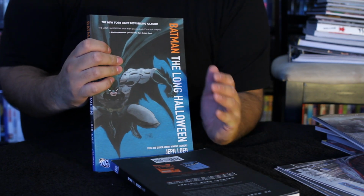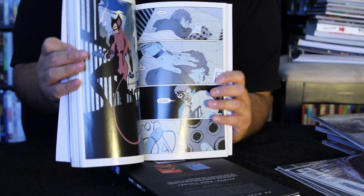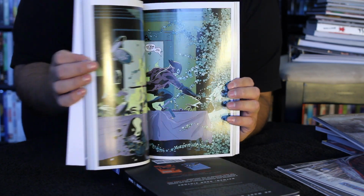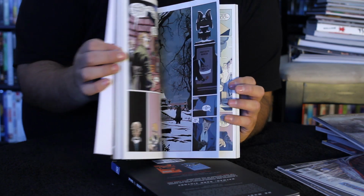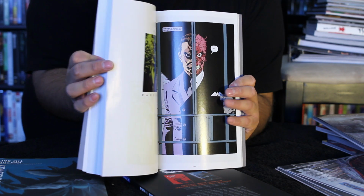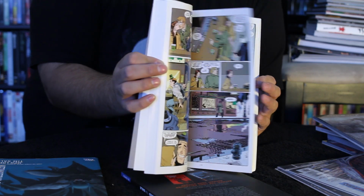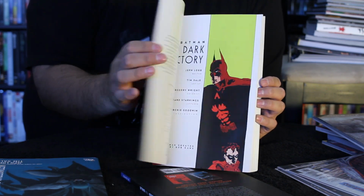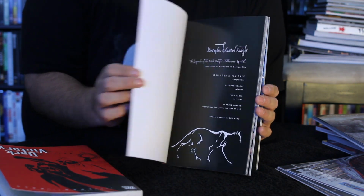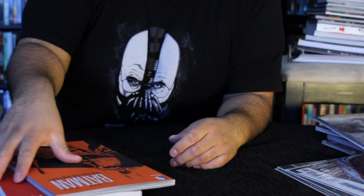This is the first book of the series, and this is said to be one of the major influences on Batman Begins and The Dark Knight, which is really, really awesome. So definitely it's a must read if you're a Batman fan. Dark Victory continues the story. I mean, it's just awesome. It's very stylized, a beautiful, beautiful book. And Haunted Knight, I heard this isn't as good, but still worth checking out, especially if you've already read some of